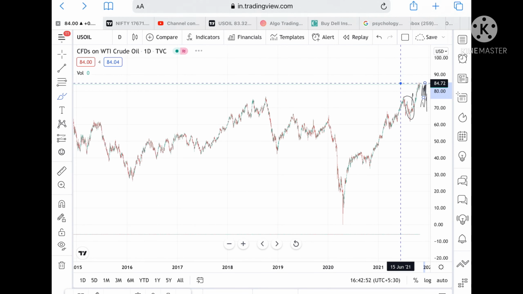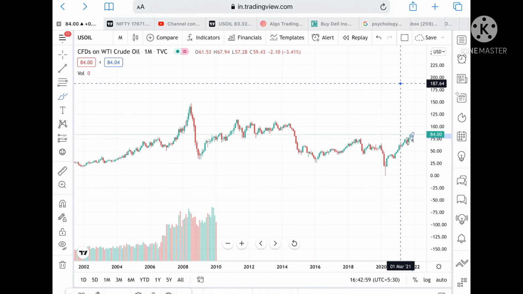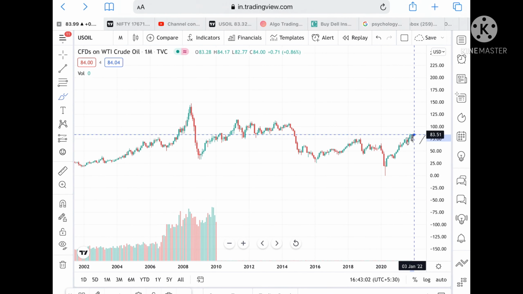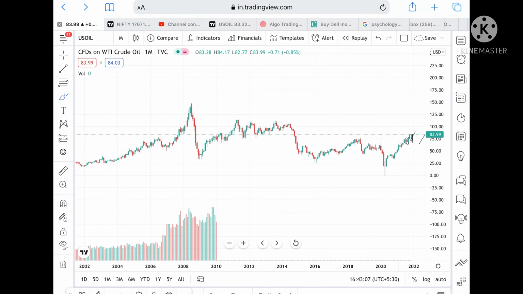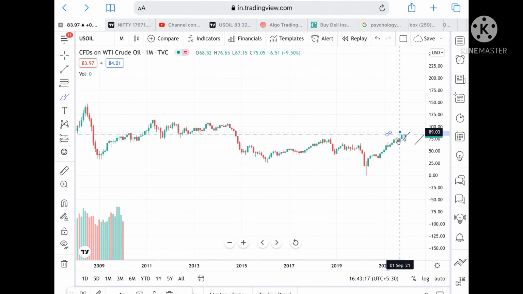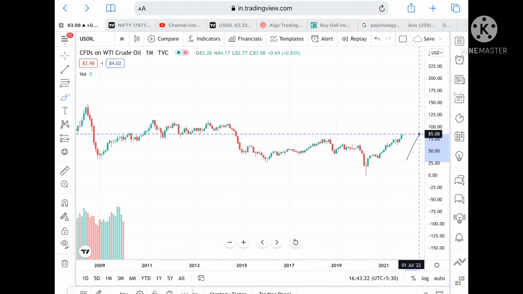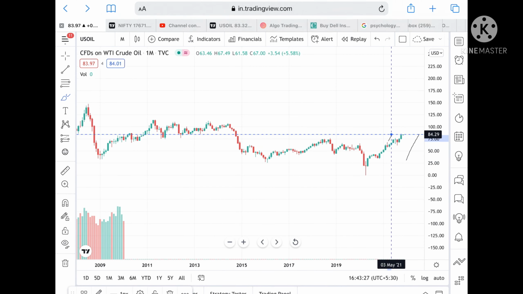Okay, and if the price sustains above this level, then we can see it can go and touch a level of 89.82 also, because we can see that there is no big resistance which is stopping crude oil from moving upside. Okay, so now if the price sustains above this level of 84, then chances are high it can go and touch a level of 85.87, and once 85.87 is touched, then we can see it can go and touch